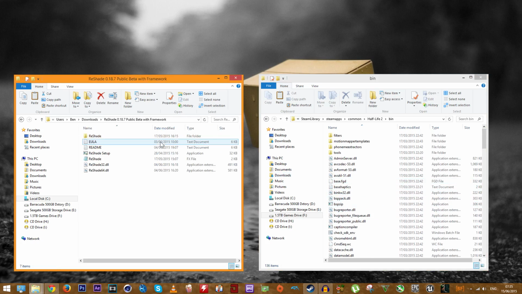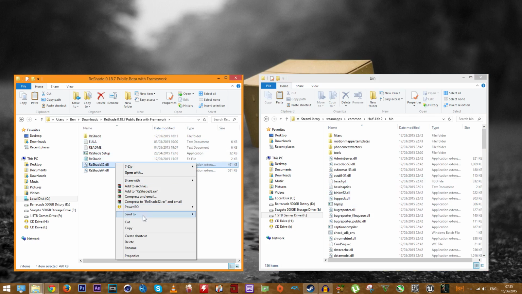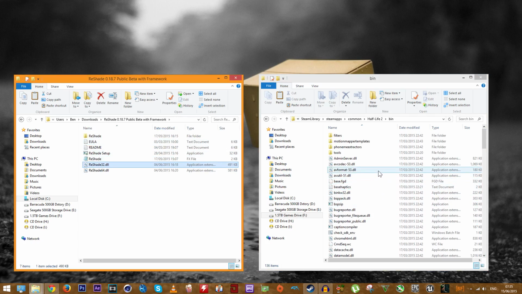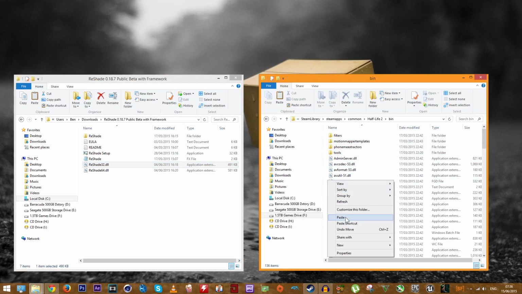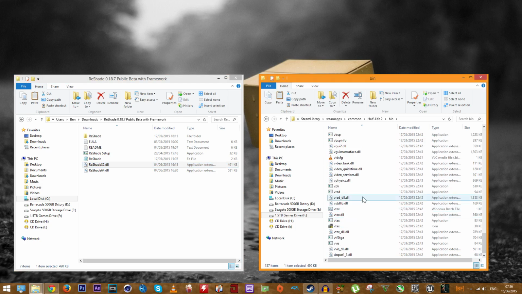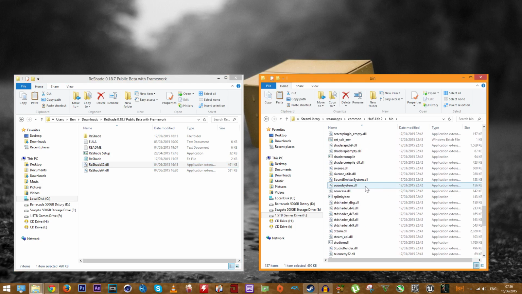Older games tend to work like this, so you want to copy the reshade32.dll, and we want to paste it in here into our Half-Life bin folder. As I said, a lot of older games used to use the bin folders, and some still do. It's really down to the game. That's just an old file left over from testing. But you want to come in and rename that reshade32 file to D3D9. And that will be a DirectX 9 DLL, so Reshade will be able to hook into the game